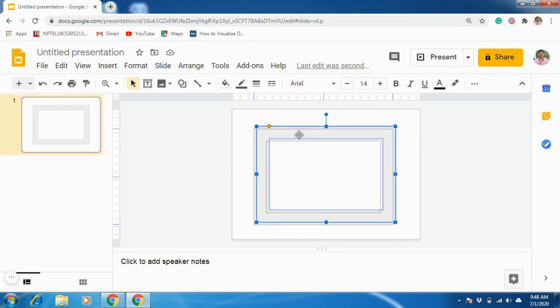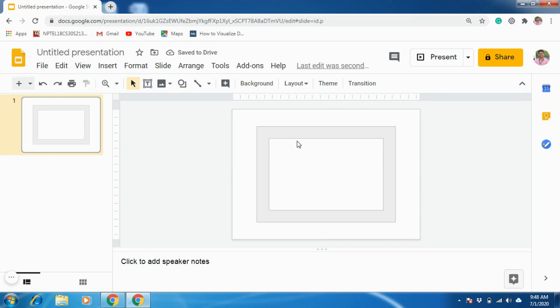Those lines will help you to align this frame. So where to place it, you can know with the help of these red lines. See, now it is exactly showing the middle. So now I am releasing this.